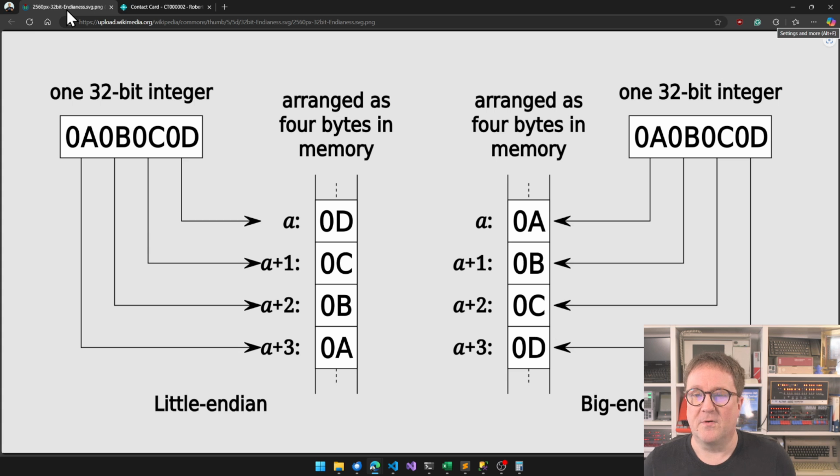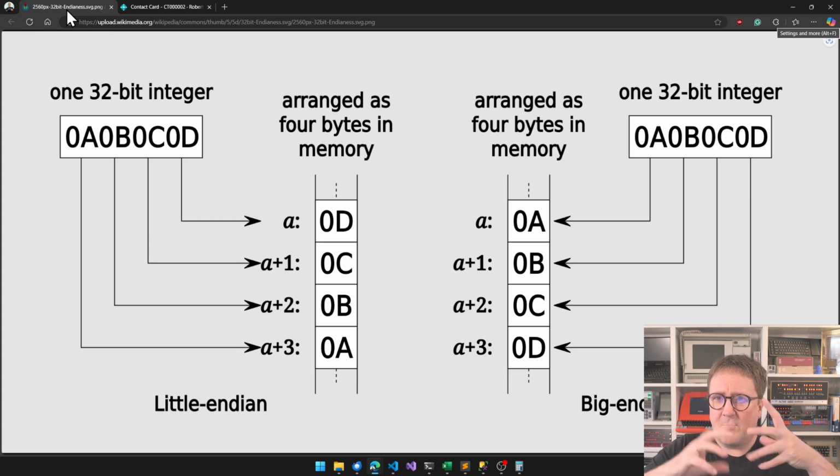I'm not able to point anymore. Where is it? Hang on. It's there. The PDP-11. That one actually made some weird ordering of some of the bytes, but in general there are two ways that you can take a value and put it into memory. You can do it as a little endian or big endian,